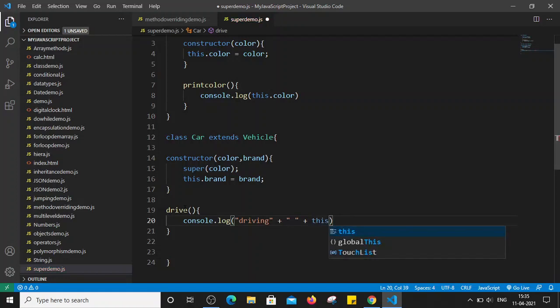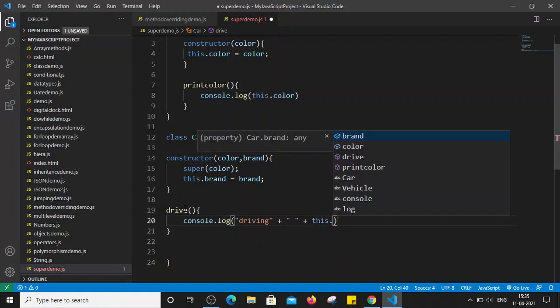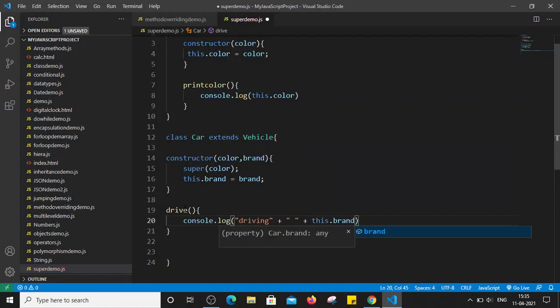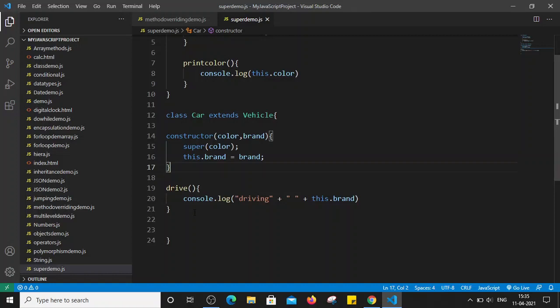So whatever brand value we are passing as a car, it will print this.brand. And now we are going to create one more method in the Car class, that is, let's say displayCarInfo. So the displayCarInfo method will print all the details.